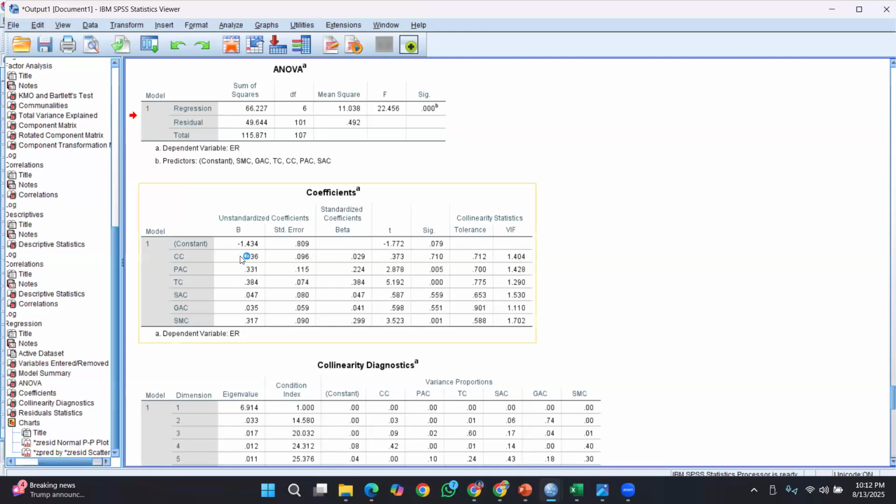This beta value will be used in order to test the significance. Based on the significance, you can see only